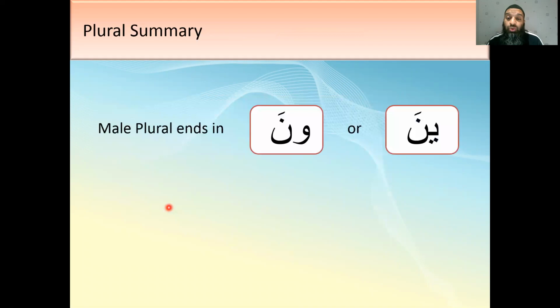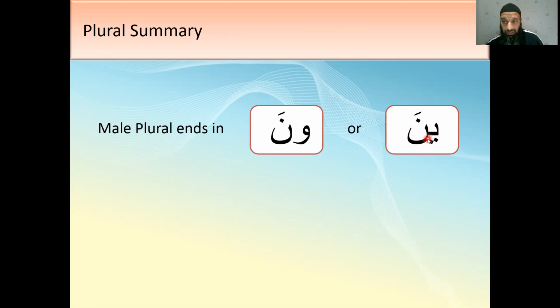So the summary of that is this. Male plurals end in una or ina. If you see a una or a ina in the Quran, it's most likely talking about a plural of the word that it is attached to. So kadhibuna, kadhibina,